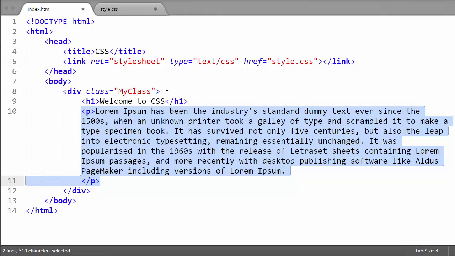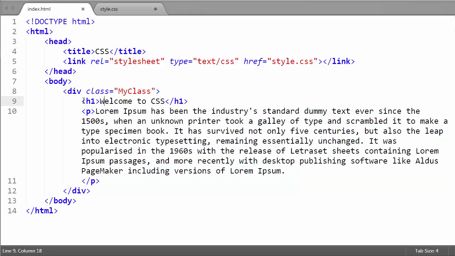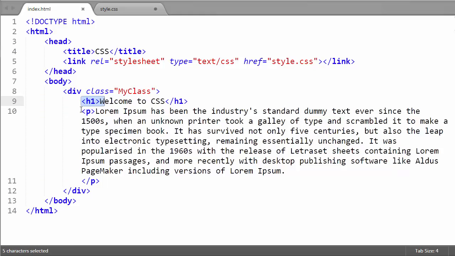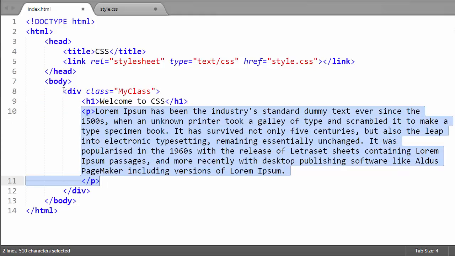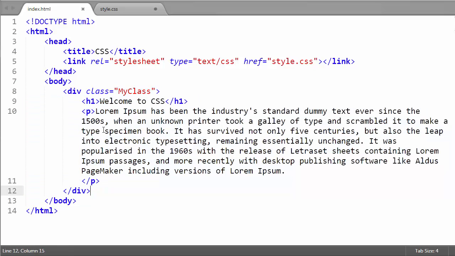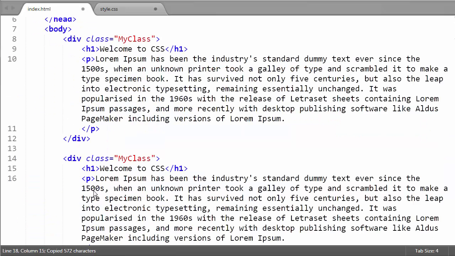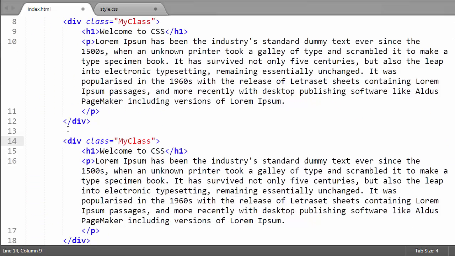So what the descendant selectors mean: here H1 is a descendant of this division tag. So these H1 and paragraphs are part of this division. These H1 and paragraphs are descendants of this division tag. Now suppose I have two divisions here. Copy. Suppose I have two divisions